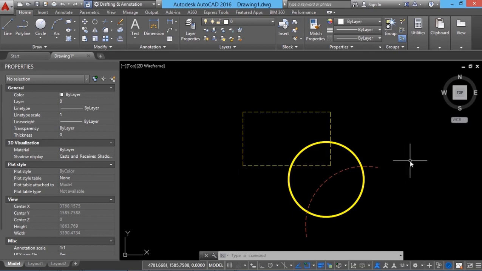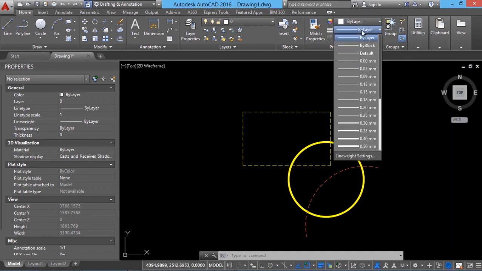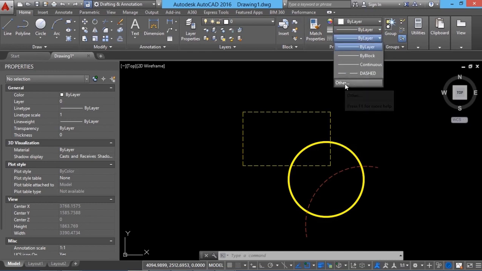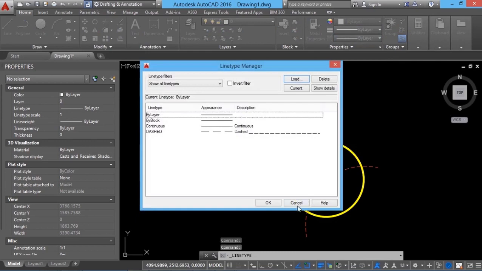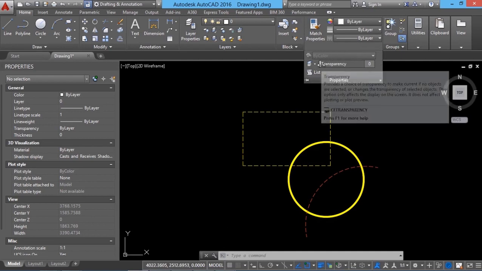Alternatively, you can also change the properties using the properties panel. This area can be used to change the color, and over here you can change the line weight, and using this pop-up you can change the line type, and using the other option you can load the line types as we have seen before. Then when you click on this arrow in the properties panel, you can change the transparency,